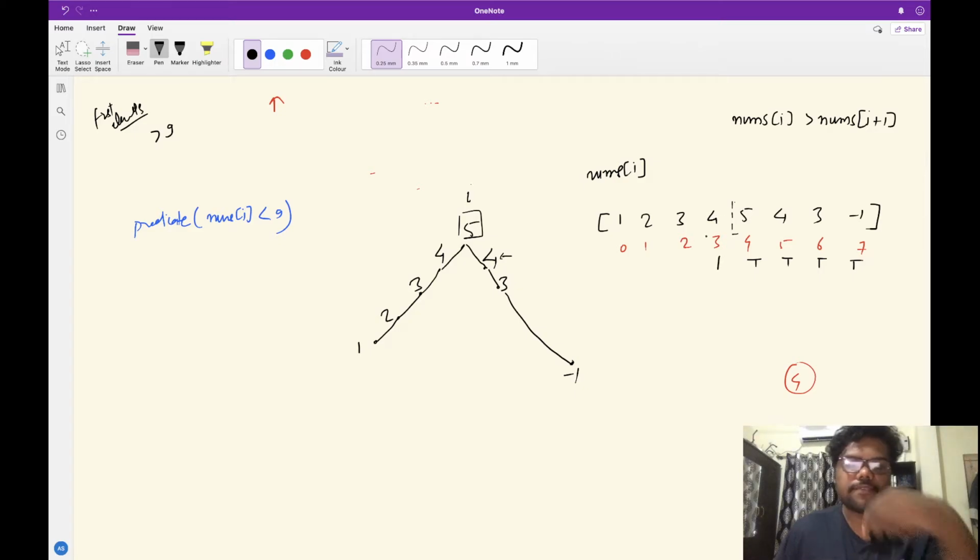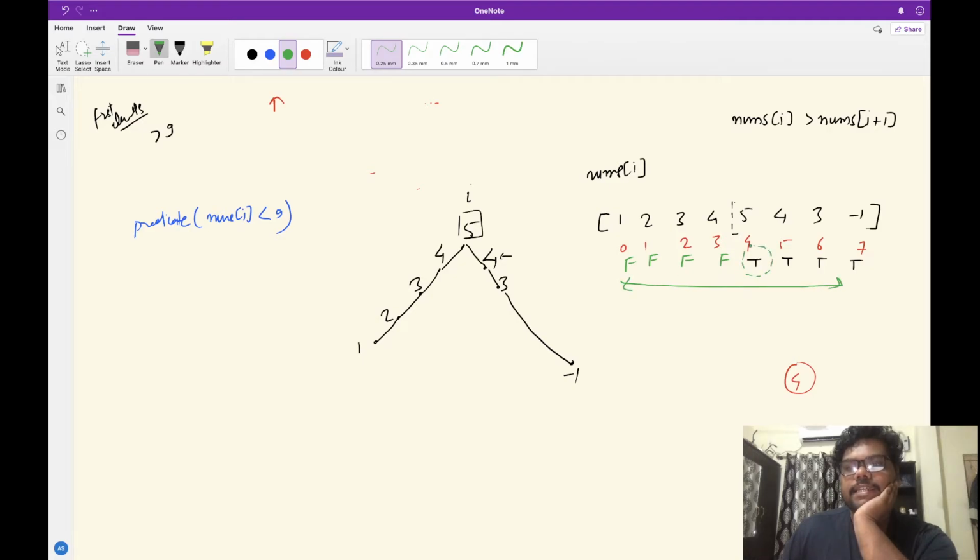No, it will be false. Is 3 greater than the next? No, false. Is 2 greater than the next? No, false. Is 1 greater than the next? No, false. So we have a change in the predicate at this particular point. The first thing we can say is this data set follows the predicate logic: at the peak, the value of the predicate is changing, from false to true.